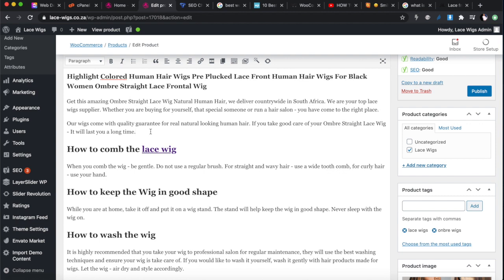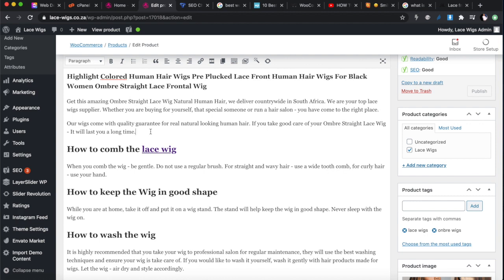Don't copy and paste, because Google penalizes you for what we call plagiarized content. So if you just copy and paste everything from a different website, including the descriptions and the image names, your page is not going to rank. It's going to struggle to rank, because Google is going to pick up this content. It's similar to content from somewhere else. You've plagiarized this website. It's not your original content, and it doesn't rank very well. So you must rewrite these descriptions in your own words, and make sure you are not copying and pasting from somewhere else.